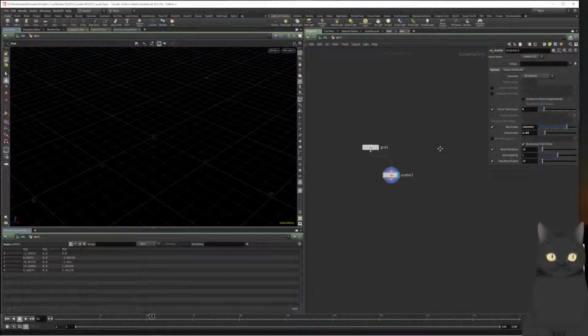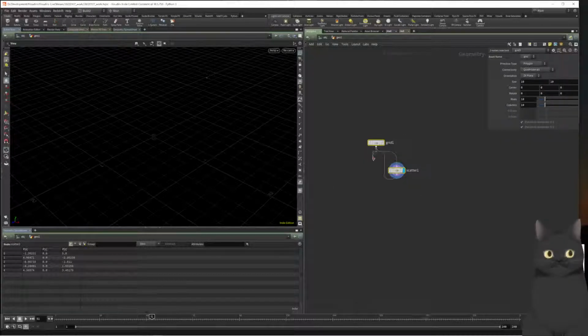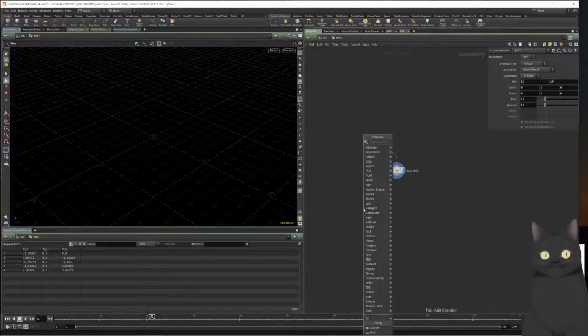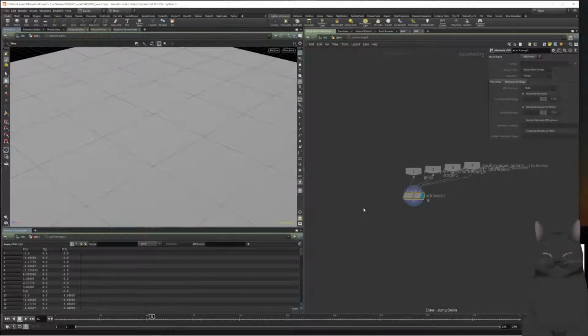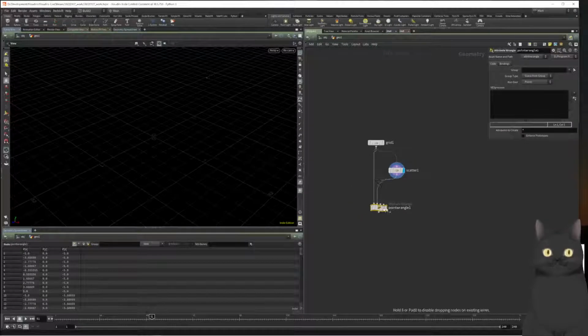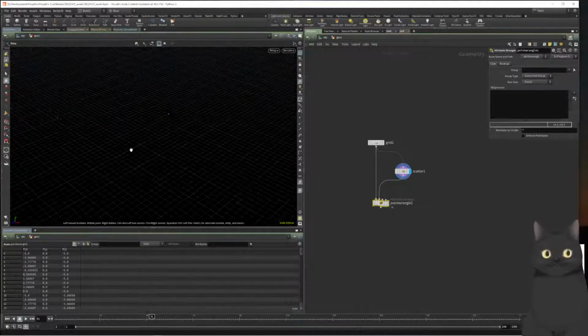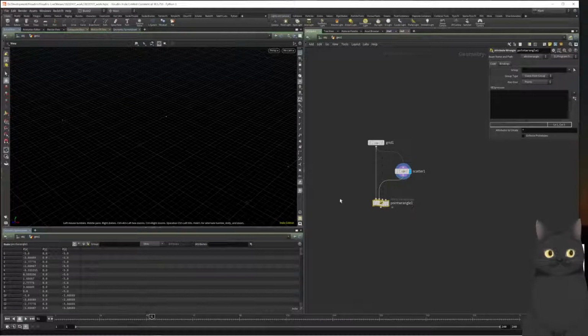If we now just make a point wrangle like so. So the first thing we want to do is, while we're running over every point in the grid, which is what the wrangle does, we want to find which of our scattered seed points, and we can just visualize those here. So which one of these points is closest to each one of the points on the grid? And to do that,